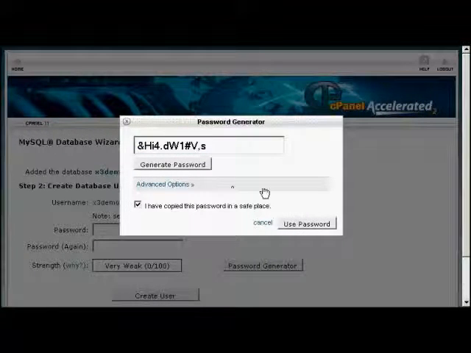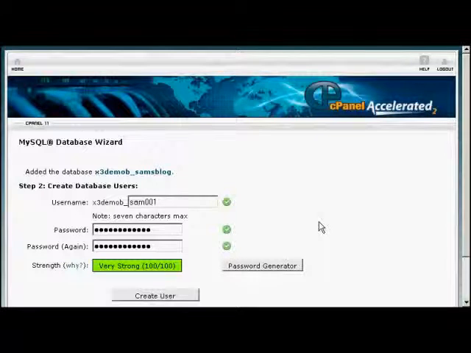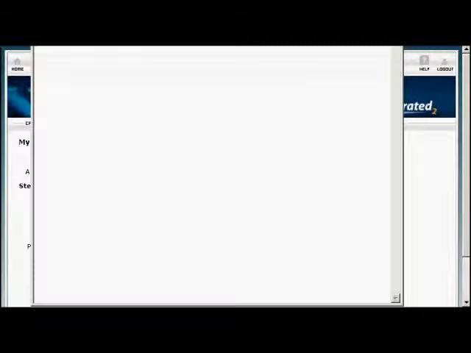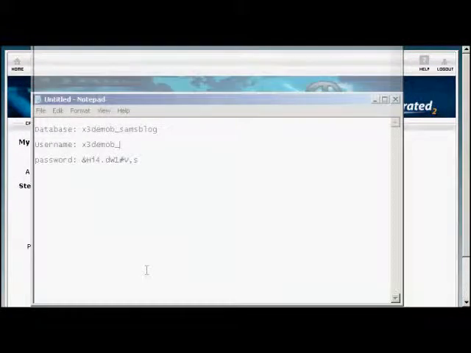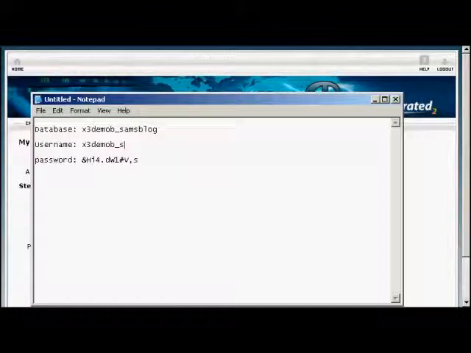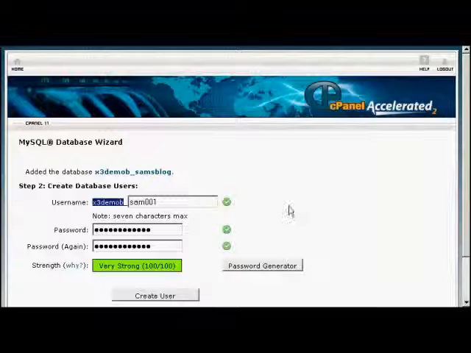I'm going to say I've copied the password to a safe place and click on use password, and there we go. Now I just need to copy all this information into a notepad file so that I can make a note of it and use it later on. So let's just do that. Let's open up Notepad. That's Sam001. Okay, now to save that,